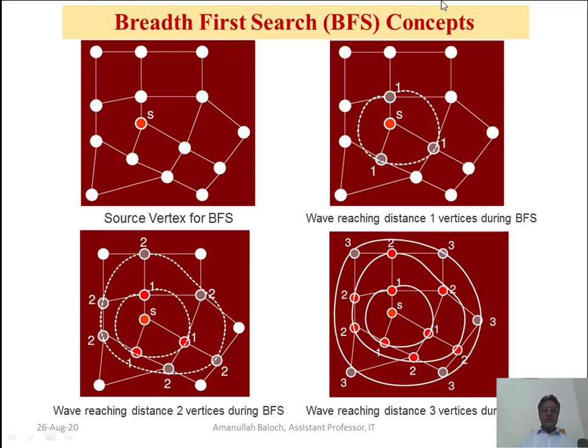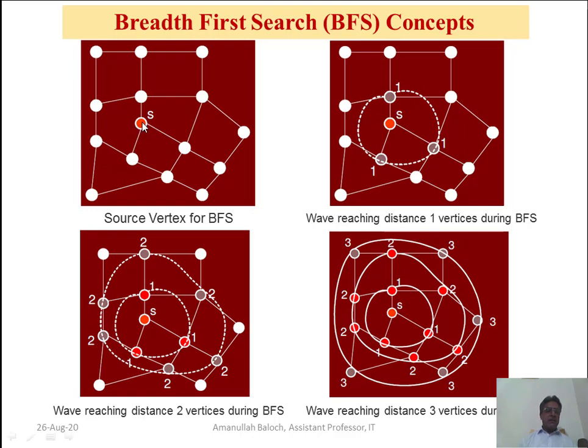Breadth first search concept. Let's suppose this is a graph, and these solid small circles denote the nodes, while the lines in between the two solid circles denote the edges. There are many nodes and many edges. This is a node which we call the source node, and we have changed the color of this node. From this node,